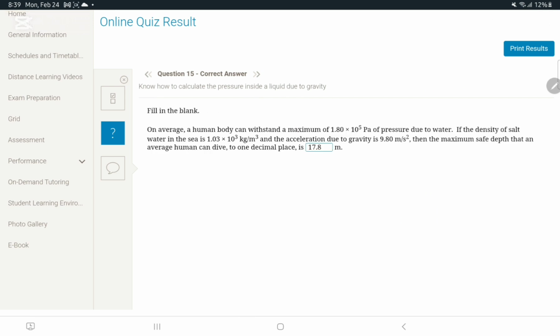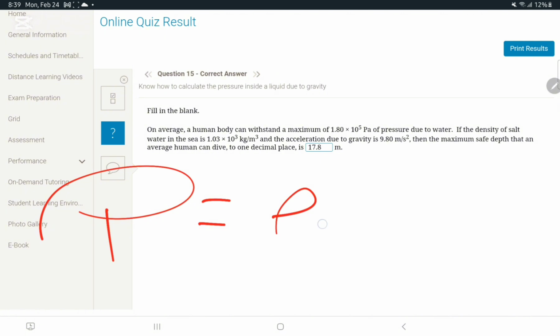These few previous questions are to be memorized. A human body can withstand a maximum of 1.8 times 10 to the power 5 pascals of pressure due to water. If the density of salt water is this, and the acceleration of gravity is 9.8, then the maximum safe depth a human can dive to, to one decimal place, is this. So pressure is equal to rho g h. Rho being density, which is 1.03 times 10 to the power of 3, times g, which is 9.8,